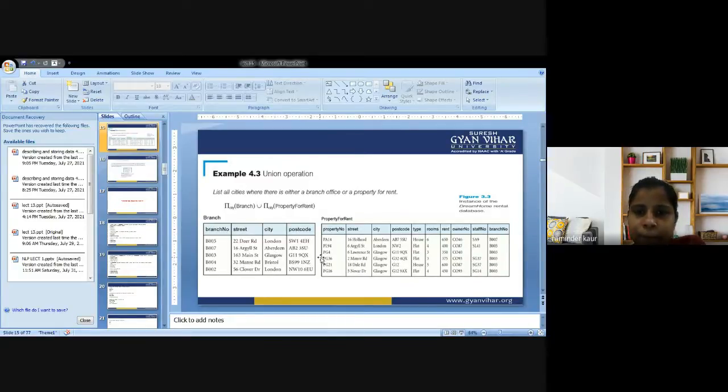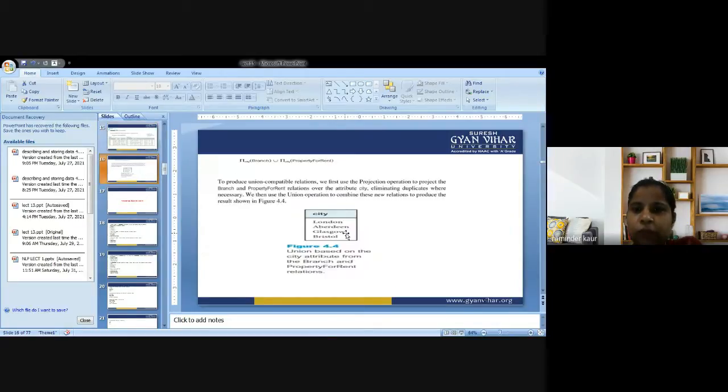Aberdeen one time, Glasgow four times. So we are returning it with one time, and Bristol. Here it is not a Bristol city, but we are supposed to apply the union operator here because we are not deducting only common cities. That is why we are supposed to deal with these four cities. So this will be our result. So these are the four cities.